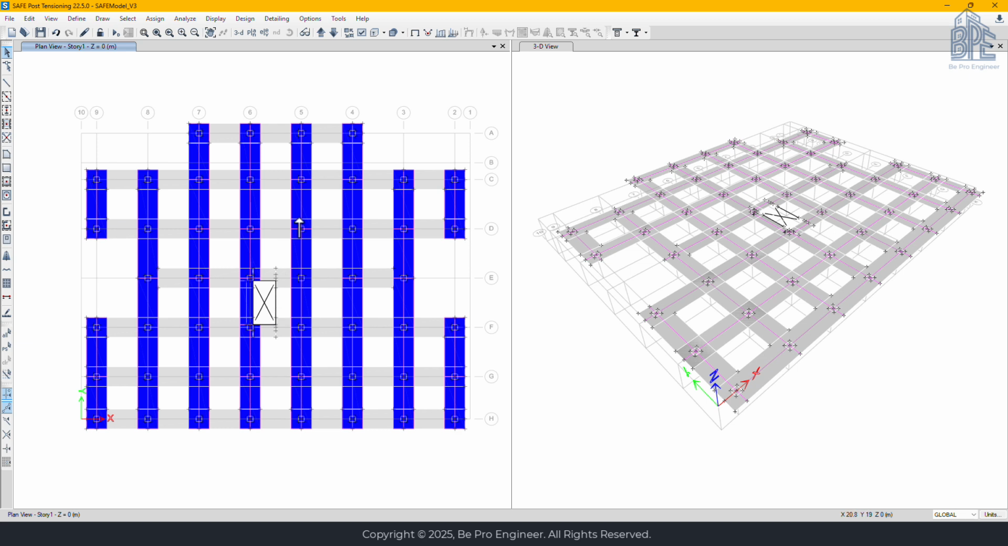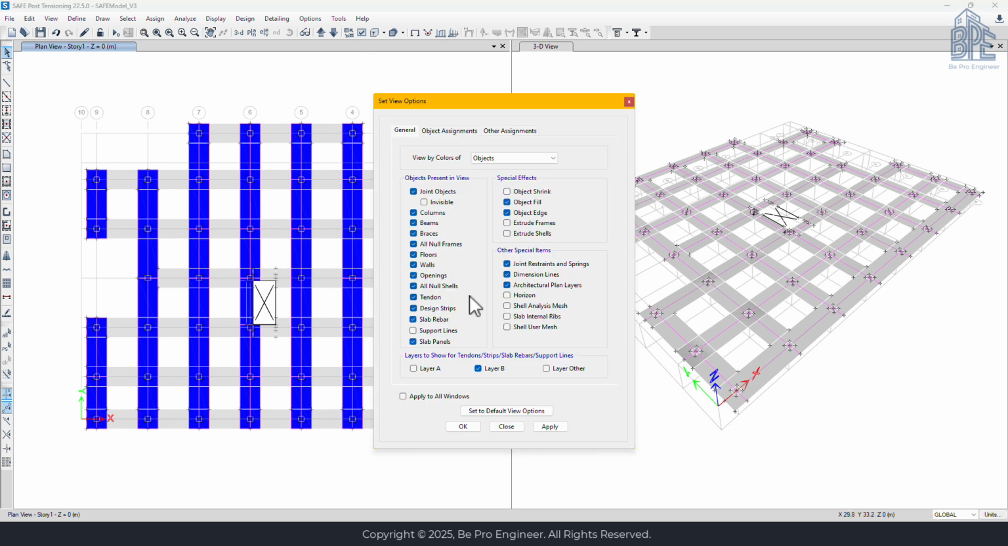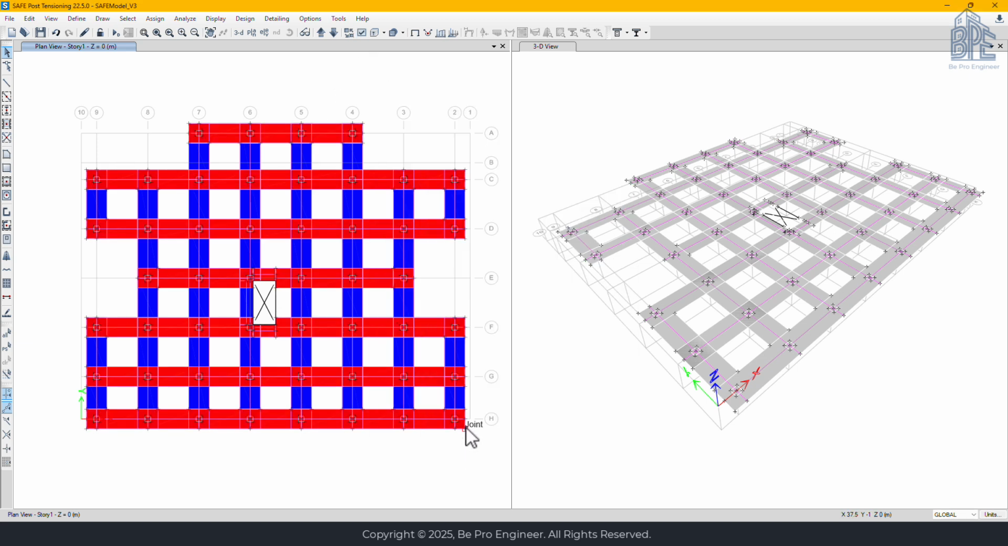Alright, now I'll go ahead and turn layer A back on, so we can see both sets of strips, A and B, on the screen at the same time. Now, if you notice any overlap between the design strips, that's totally fine. In fact, there should be overlap. This allows SAFE to design rebar continuously along the full length of each strip,